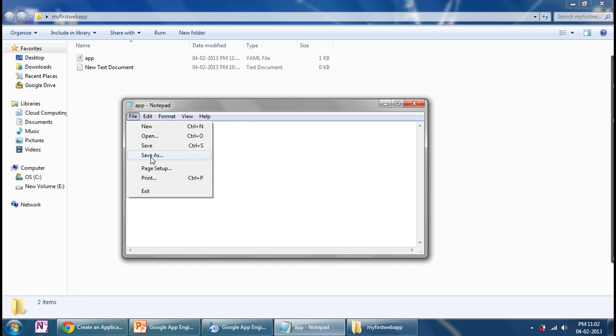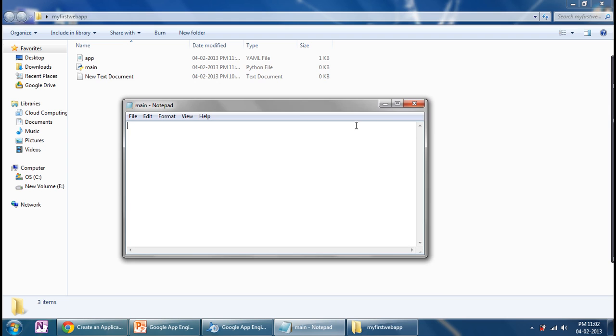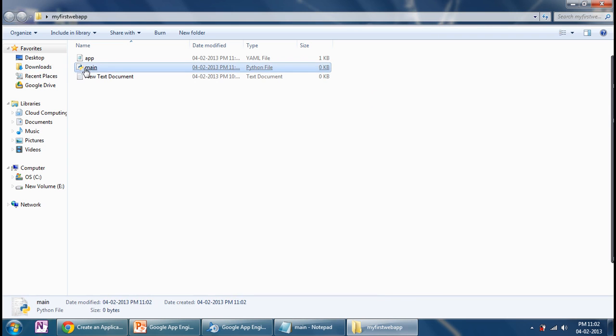Now we will create a new file, main.py. Open this main script with the IDLE provided by Python. Write here my first code.